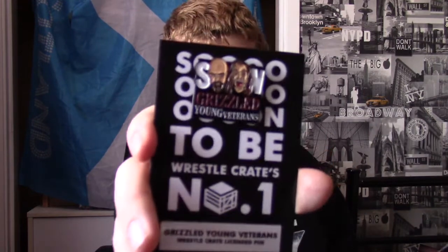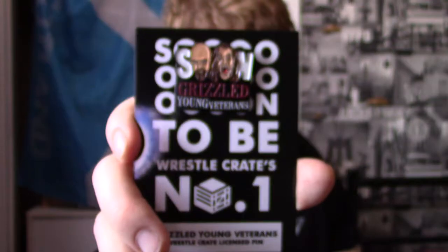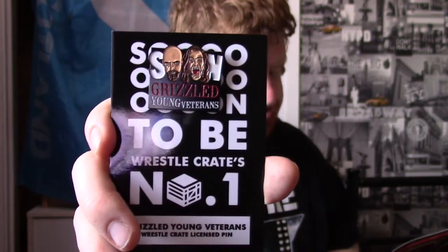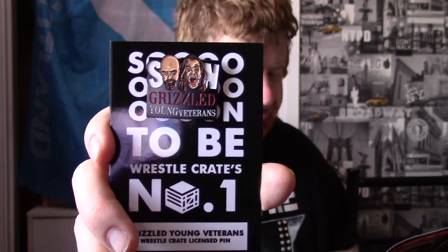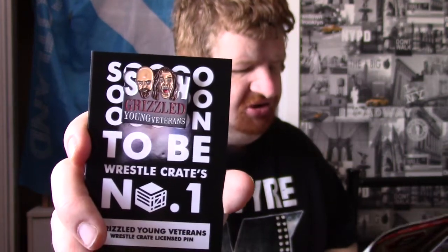Next up is another licensed pin. It's Grizzled Young Veterans. See, that looks quite good as well. "Zack Gibson and James Drake are the reigning two-time Progress Wrestling Tag Team Champions, and soon to be world's number one tag team. Both superstars are competing in the WWE UK tournament this month, so represent both with your new lapel